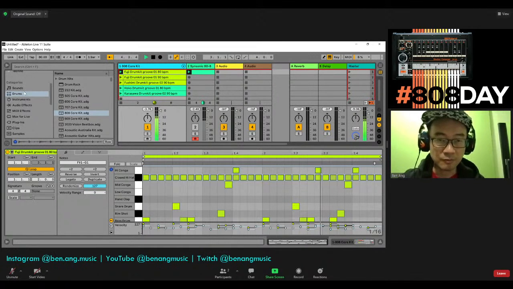So this is a conventional kind of 808, and because Ableton's own drum rack is aligned with its own software,